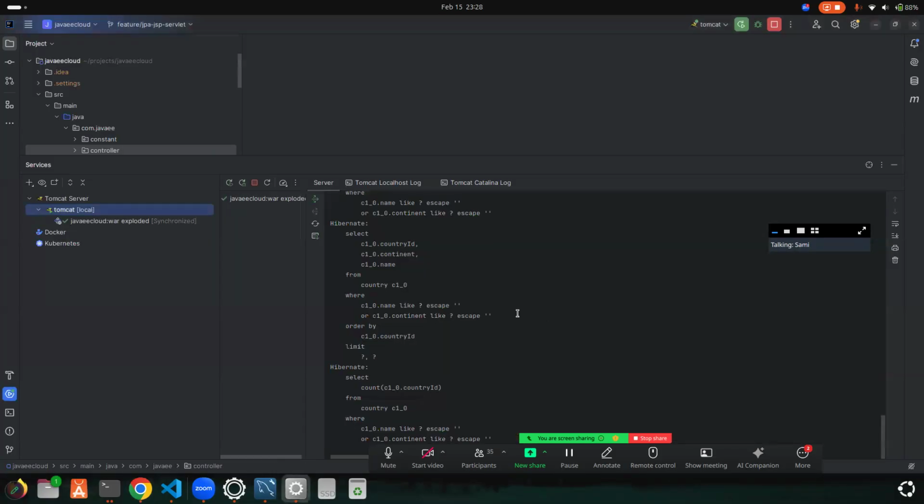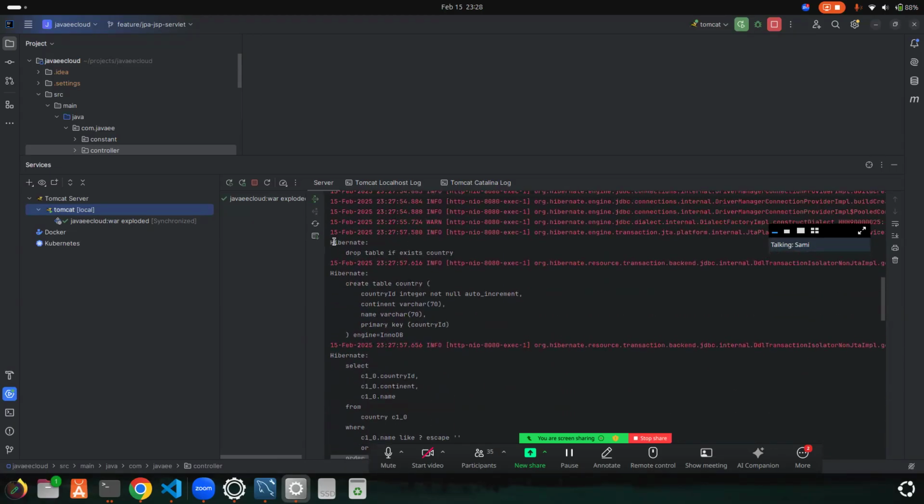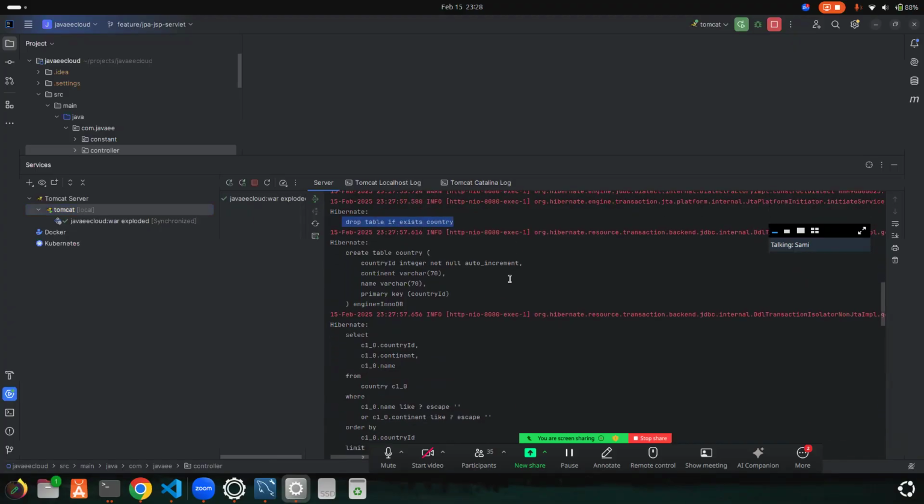So let me show you the log. You can see that Hibernate will drop the table if it exists, like country, and after that Hibernate will create the table, create table country. Okay, and this is country ID. It's an integer, not null, auto increment. So you can see that the continent name we just put as a character 70. That's why it put the maximum length as 70 and the name, and it will assign our country ID as a primary key,